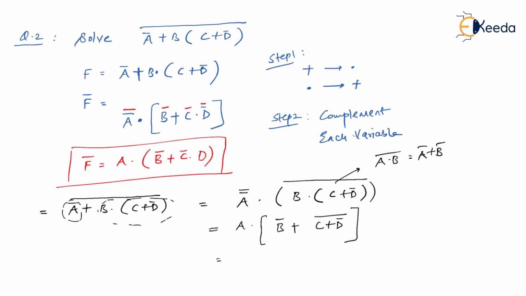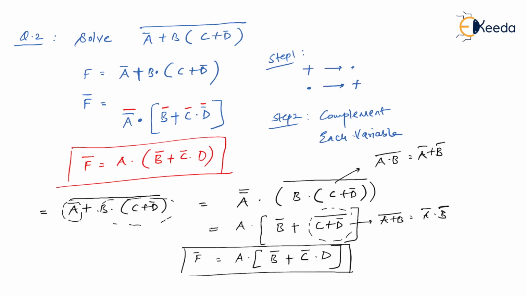Next, again I can apply De Morgan's theorem on this by using the rule A plus B whole bar is A bar dot B bar. So let me rewrite this as A into bracket B bar as it is plus C bar dot D double bar, and D double bar is D only. So now look at this. This is your F complement. Compare the first equation with the second, you will find it same. I hope now you have understood how to do it quickly. Let me solve one more problem, and that is enough to understand this topic.